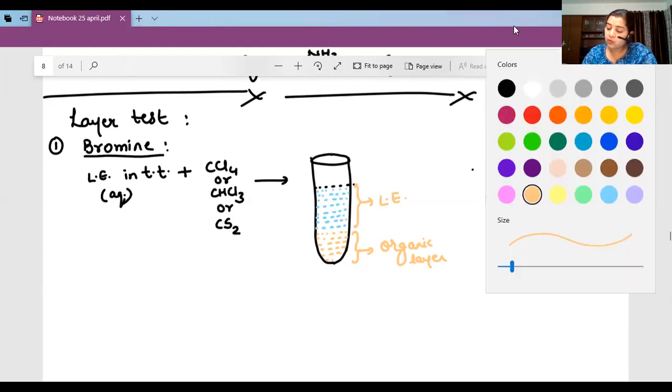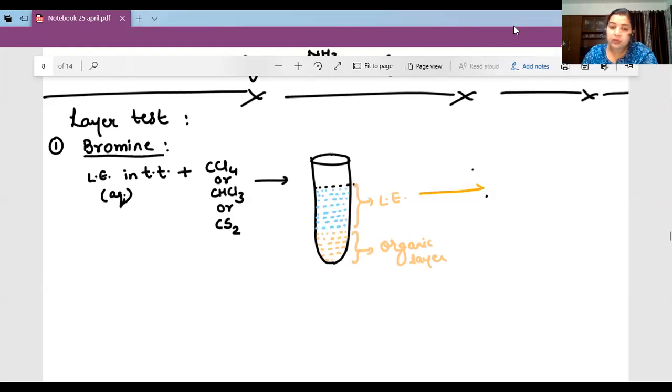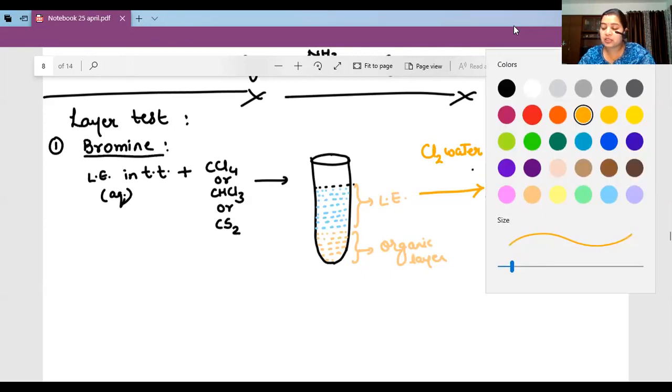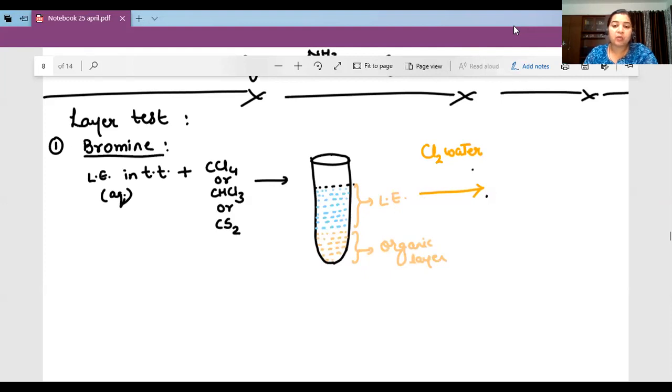Okay, now we will add chlorine water. As per our electrochemical series, this chlorine water will have oxidizing power. Okay, it will oxidize. Here what reaction will take place? It will react with Br minus, oxidizing it to Br2, and it is converted to Cl minus. Chlorine is also aqueous based, so when I add it, it will go into the aqueous layer.